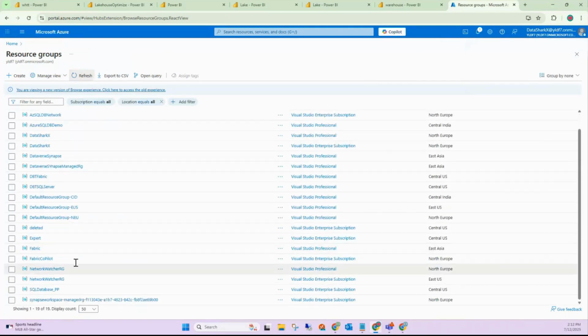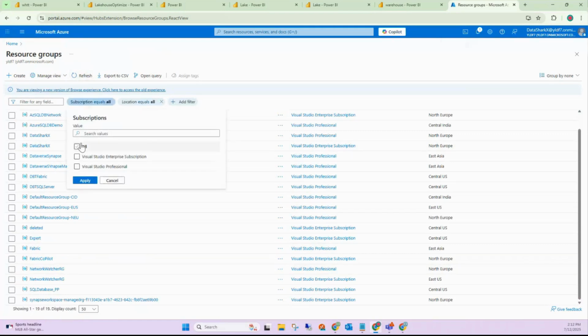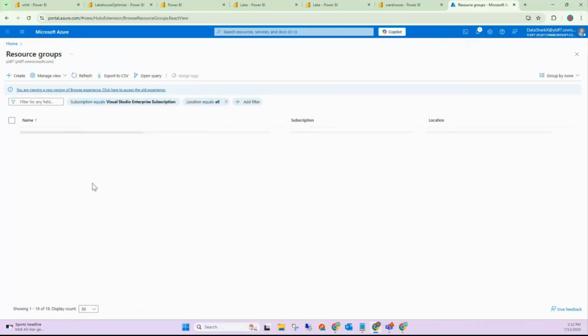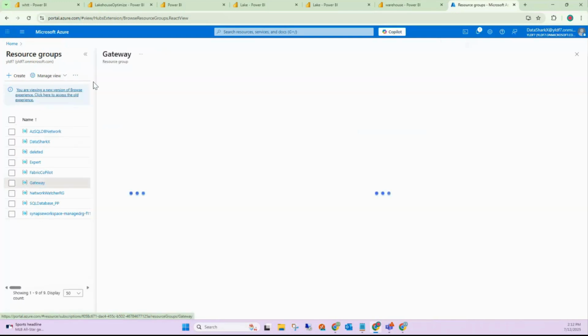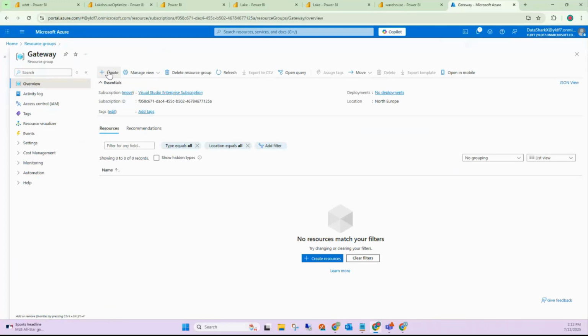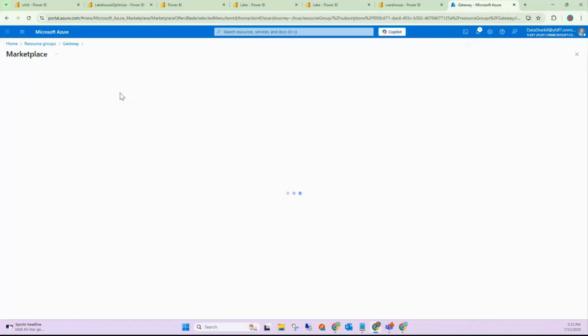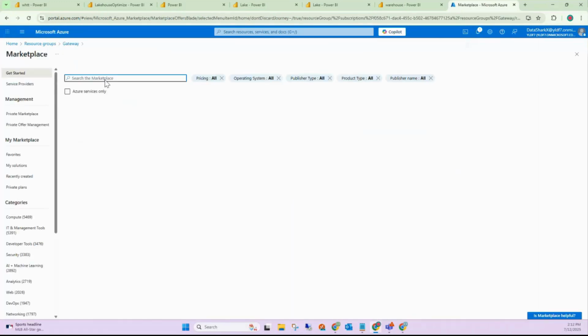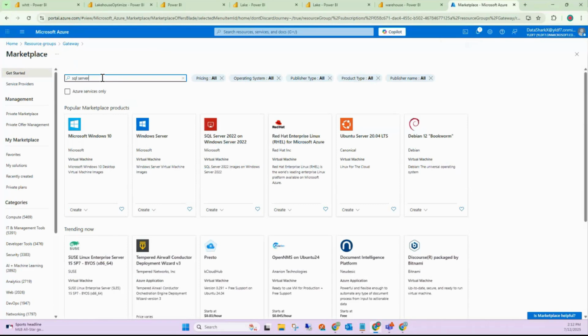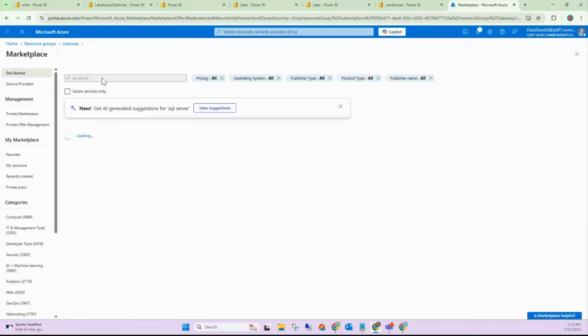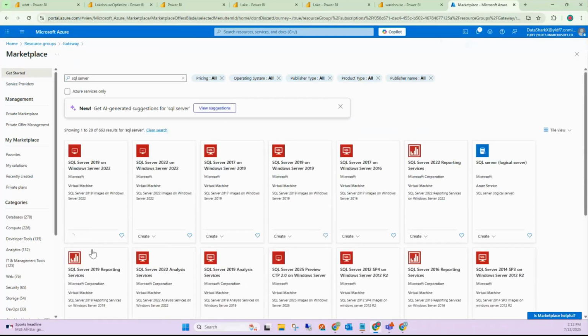So now it's in Visual Studio Enterprise subscription, gateway. Within gateway, click on create, meaning within the gateway resource group, click on create, type SQL Server, create a free version,